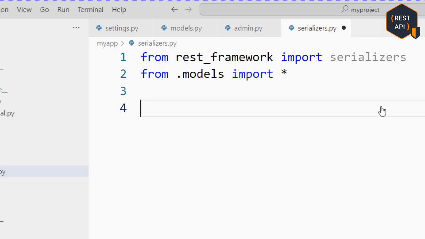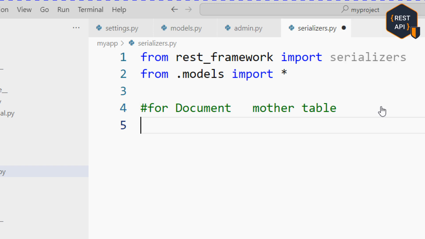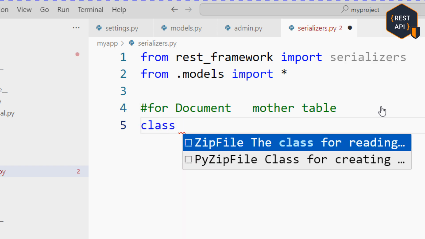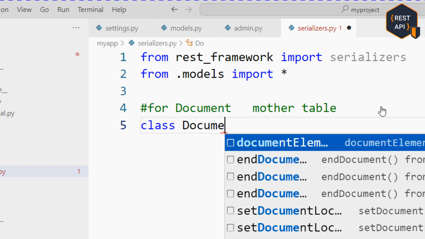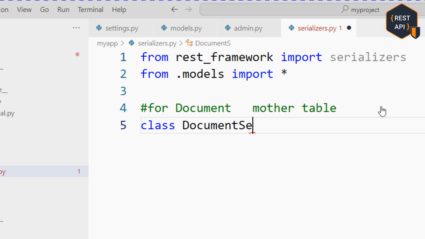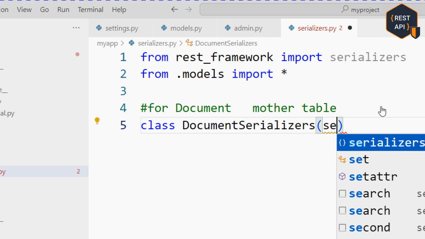Okay, now this is serializers for Document. Okay, this is a comment ambayo just this is mother table. What is mother table? Mother table is table ambayo ina primary key. So class, tunatengeneza class inaitwa jina la Document. Okay, class is Document, and then serializers. Then here I perform inheritance na perform ya serializers dot